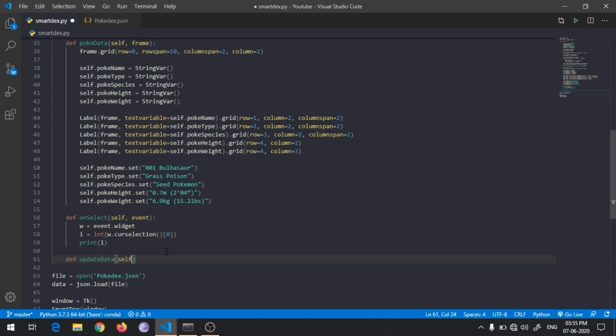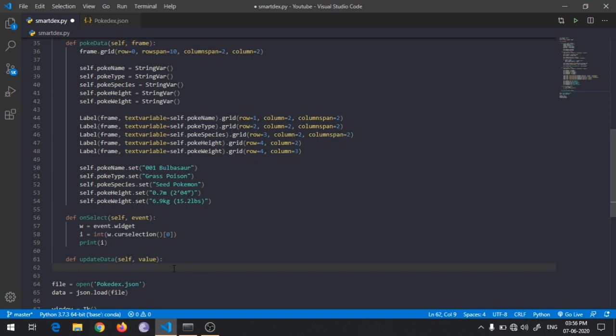The parameters will be self, and a value, which is this index number, the indexed position value of the list box. So there's that.